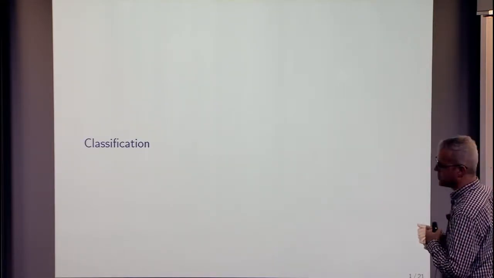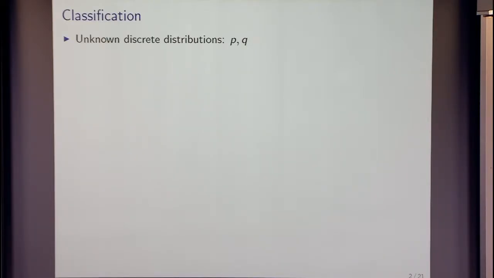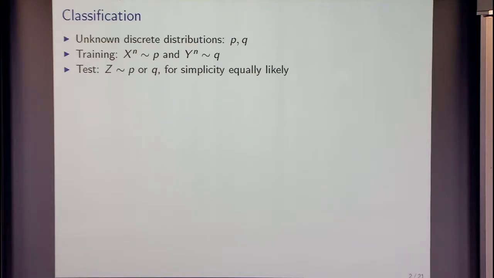All right. The first application we'll talk about is classification. I'll start with a simple example. You have two unknown discrete distributions P and Q over an alphabet of size k. They're unknown, and you get some training samples. From P you get a sequence X of length n, and from Q you get another sequence Y of length n, drawn IID according to P and Q. And then you get some Z,